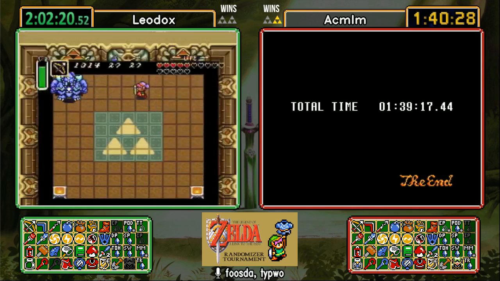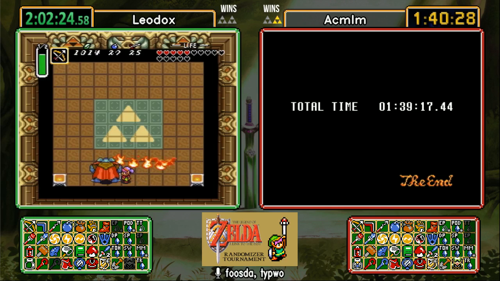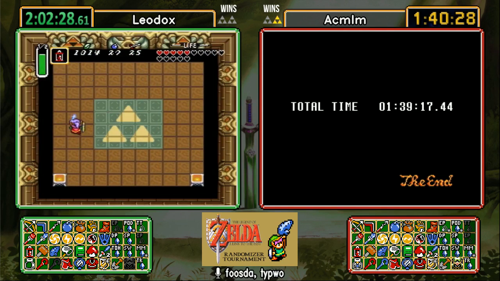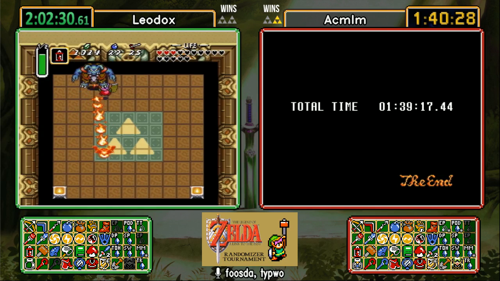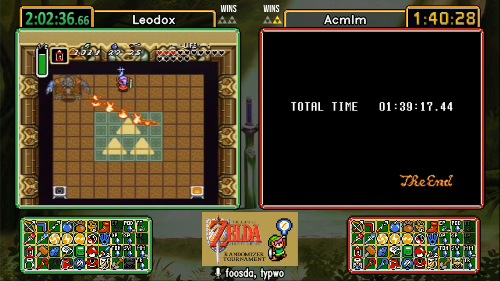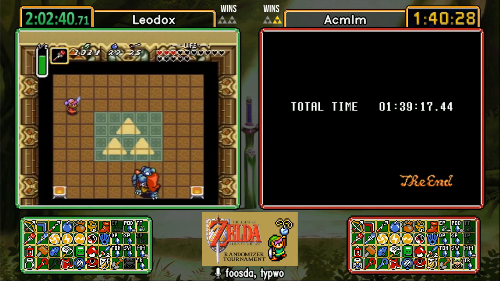Okay, there we go. Because he was definitely doing the muscle memory of doing silverless by waiting to spin. Okay, friendly reminder, he does not have the fairy. So yeah, this is getting a little sketchy. 3 hearts and no fairy, but